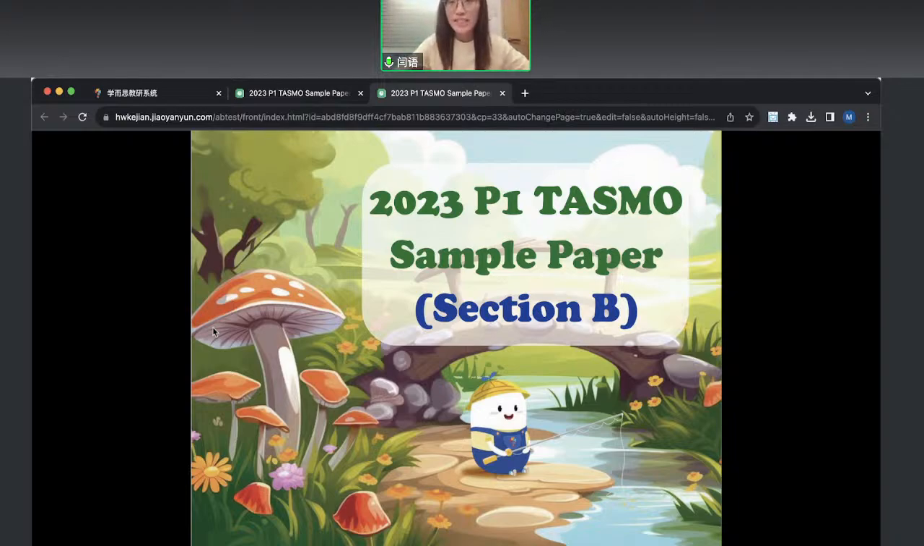For today's live stream, we will focus on section B, and we already explained all the questions in section A last week. So if you missed it, maybe you can ask Apple for the playback. 如果小朋友们错过了我们上周 section A 题目的讲解，那么可以联系我们的小助手来看看回放。